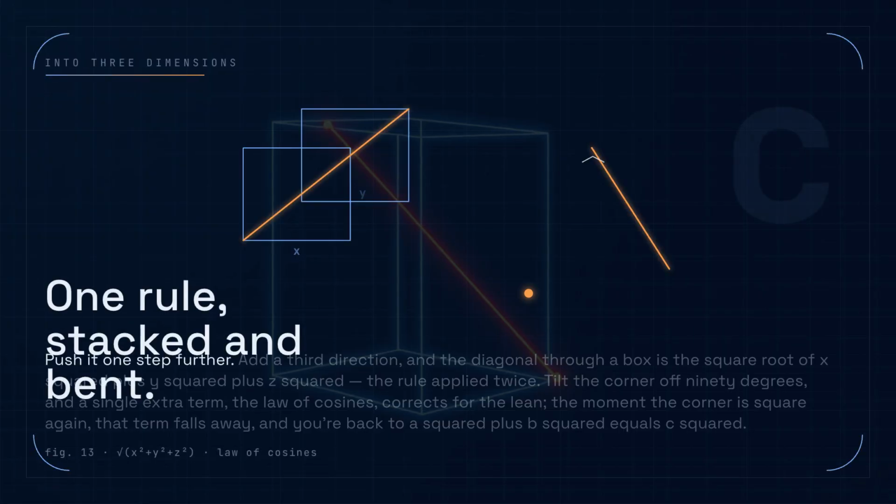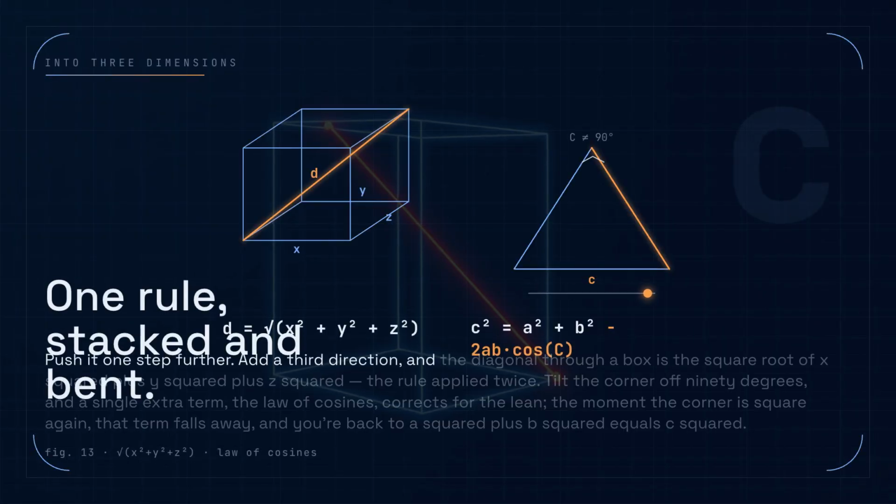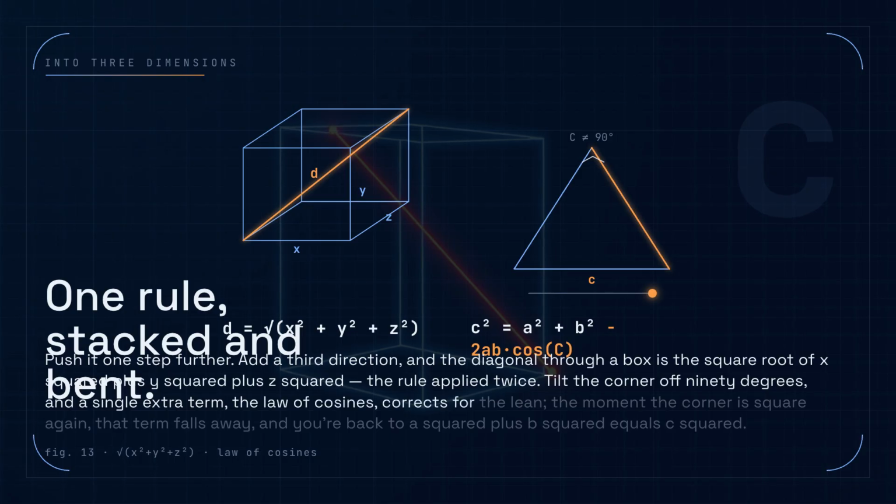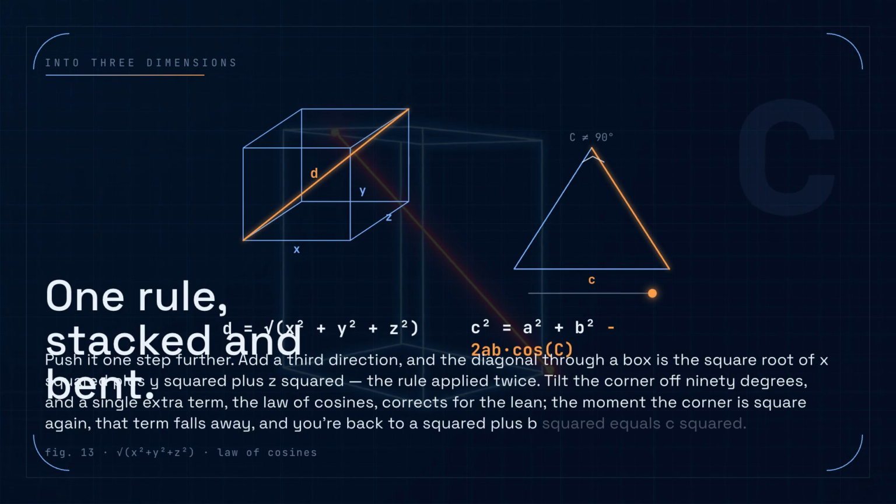Push it 1 step further. Add a 3rd direction, and the diagonal through a box is the square root of x squared plus y squared plus z squared. The rule applied twice. Tilt the corner off 90 degrees, and a single extra term, the law of cosines, corrects for the lean. The moment the corner is square again, that term falls away, and you're back to a squared plus b squared